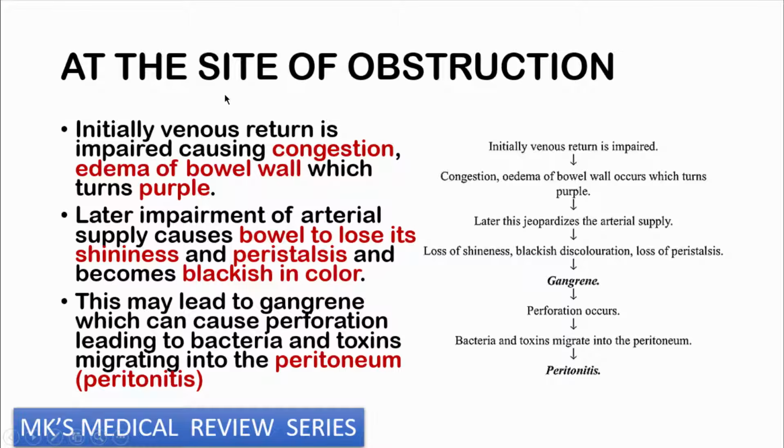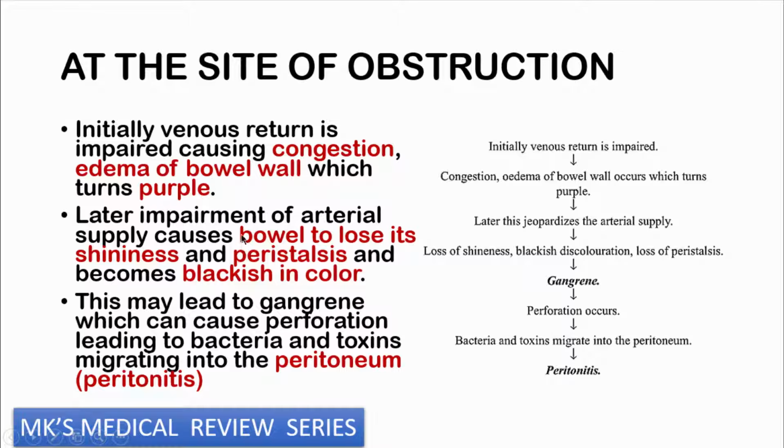So initially there's going to be venous return, which is going to be impaired. So this is going to be leading to congestion. There's going to be edema of the bowel wall, and then the bowel wall is going to be turning purple. And then later on, if the venous obstruction is not relieved, then there's going to be impairment of